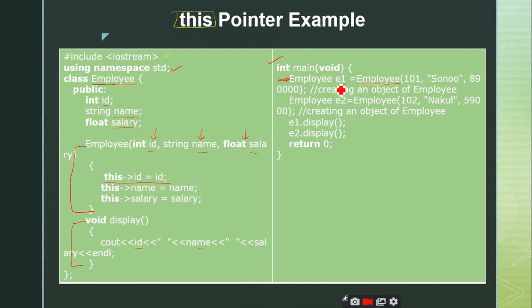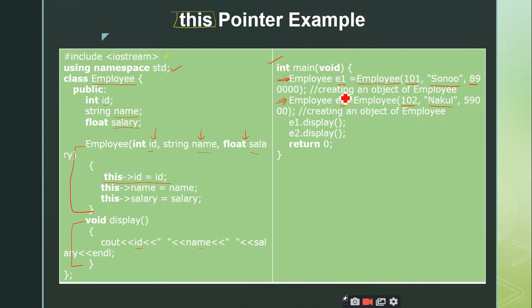It creates an object e1 with 101 as id, Sonu as name, and 8,09,000 as the salary. Similarly, I am creating another employee object, e2, explicitly invoking the parameterized constructor with id 102, name Nakul, and salary 59,000.